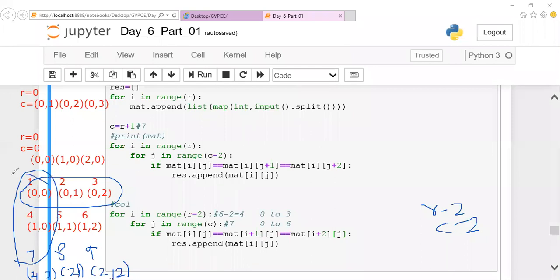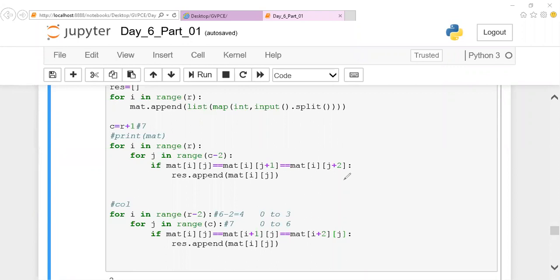Look at this diagonal value. What is the index position we are having? 0, 0, 1, 1, 2, 2. Got it? 0, 0, 1, 1, 2, 2. Here the i and j values should be equal, isn't it? This is the diagonal value. Now we'll write the condition for this diagonal. Since the other part is done, we'll go ahead with the diagonal, where I'll copy paste the same set of code here again. Yeah, good, Sudhir.